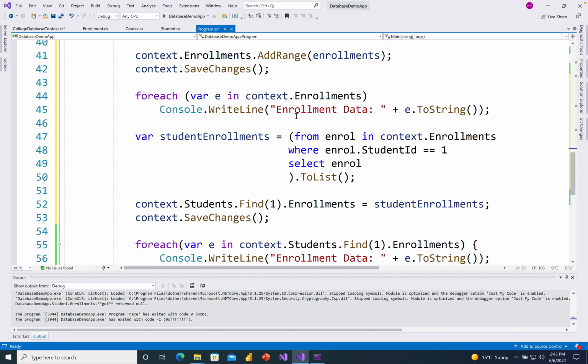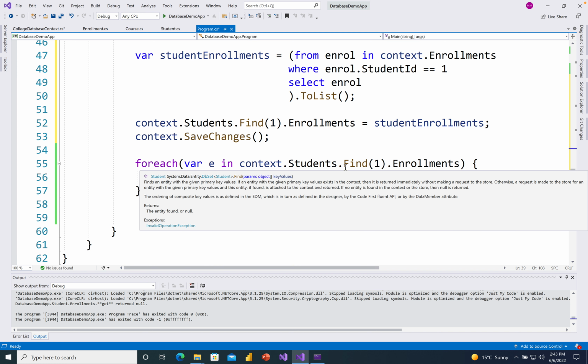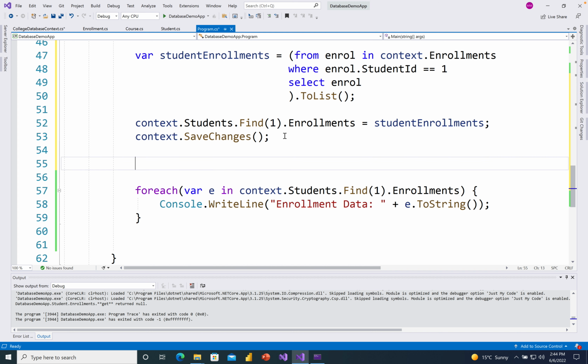And now we need to change a bit here. So we are saying find the students, find the IDs. So what we are going to do here: we have the students dot find one dot enrollments, and then we are printing that thing on the screen. So after this one, I'm going to say